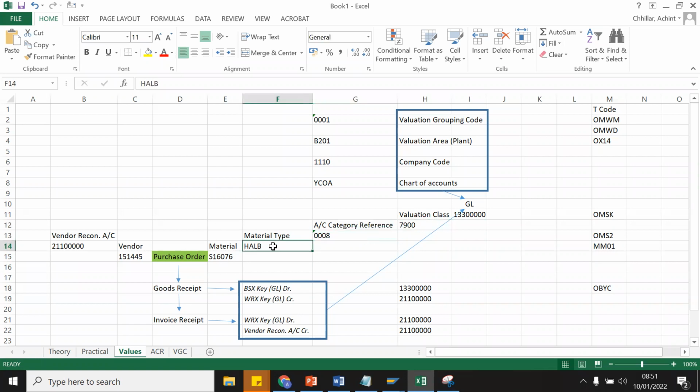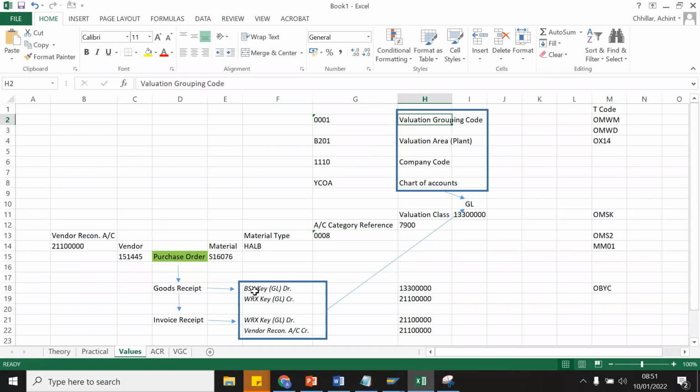But if we just do this, it will only do one, but we can do one to many here. Okay, so this is the major component, and a lot of questions will be asked in interviews as well as in the SAP certification exam about this account reference, category reference, as well as valuation grouping code.